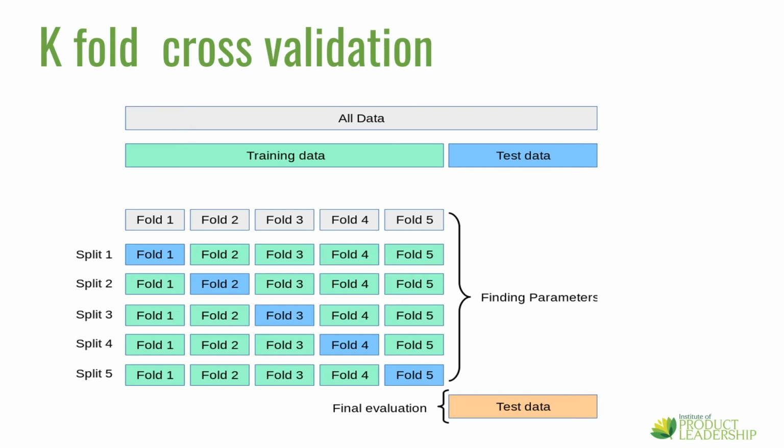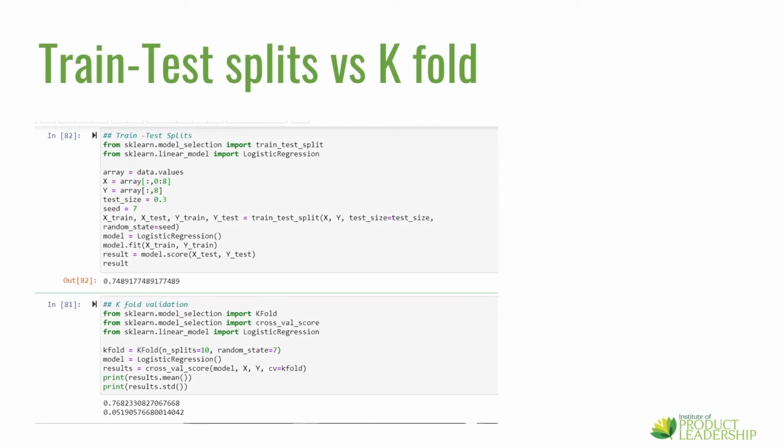Now let's illustrate these two techniques through our dataset using Jupyter Notebook. The first block of code demonstrates a method using train test split. We start with importing the train test split and logistic regression from sklearn library. We then separate out feature matrix denoted by X and dependent variable denoted by Y. The next step is to split the dataset into train and test using train test split function in the ratio of 7:3. And finally, we fit a logistic regression to the trained data and check the model accuracy. Here we see the model accuracy is 74.8.